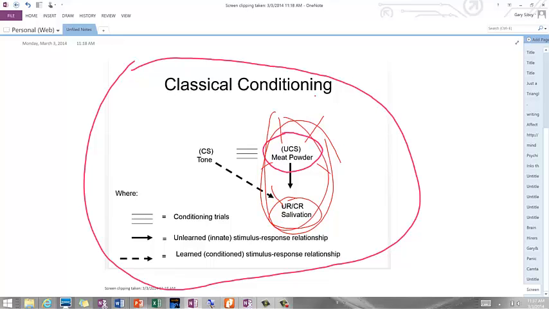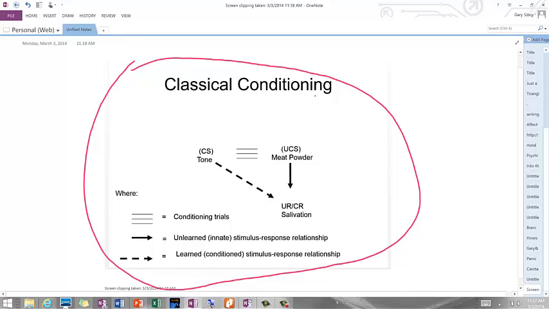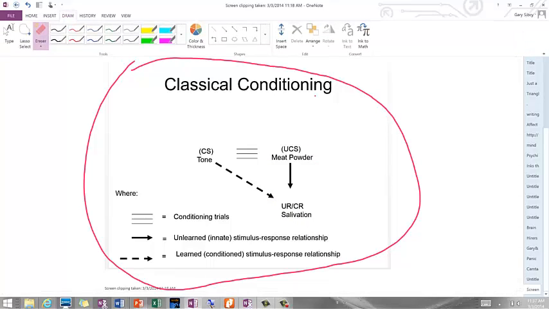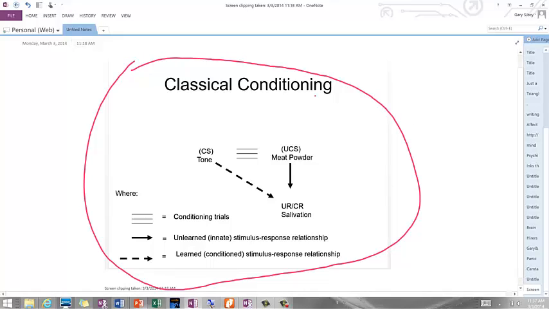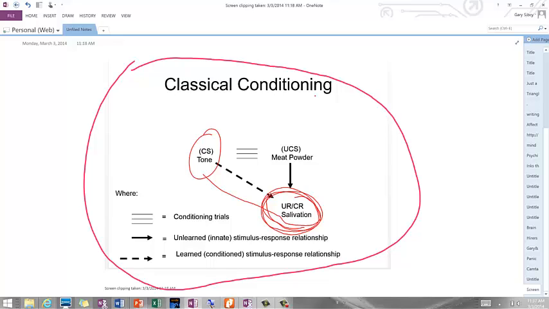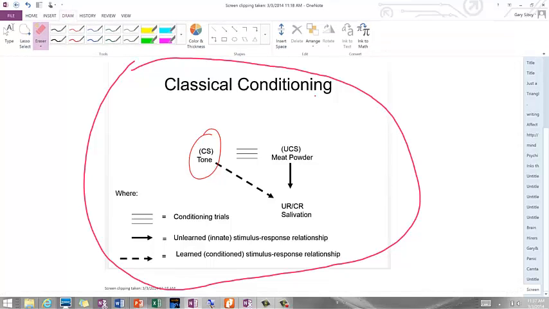So we really start with this connection. Now, the next thing that we want to look at is the conditioned stimulus. In and of itself, there is no connection between a tone and salivation. So in the absence of learning, a tone is not going to elicit salivation from a dog.